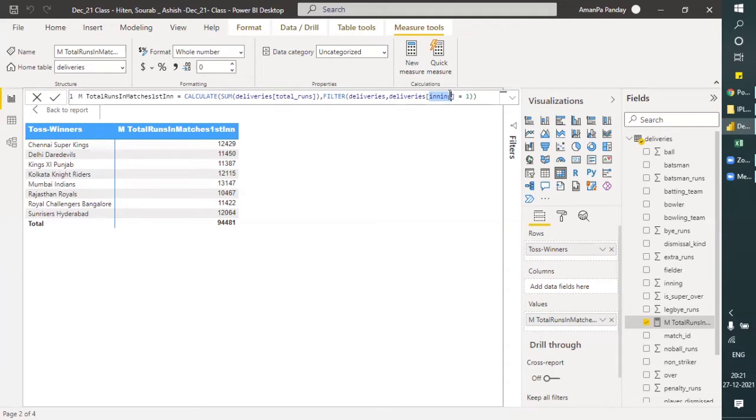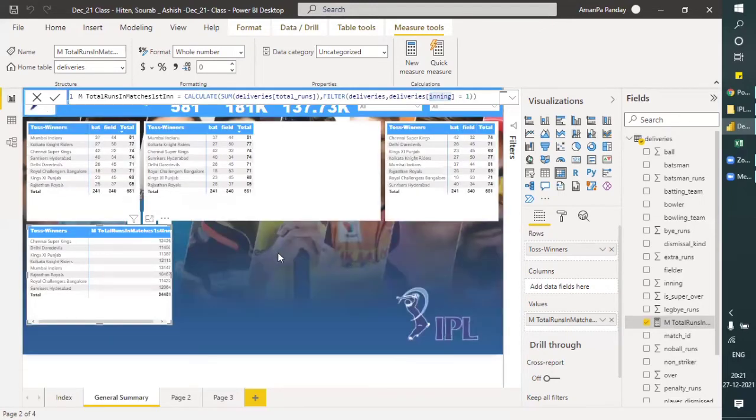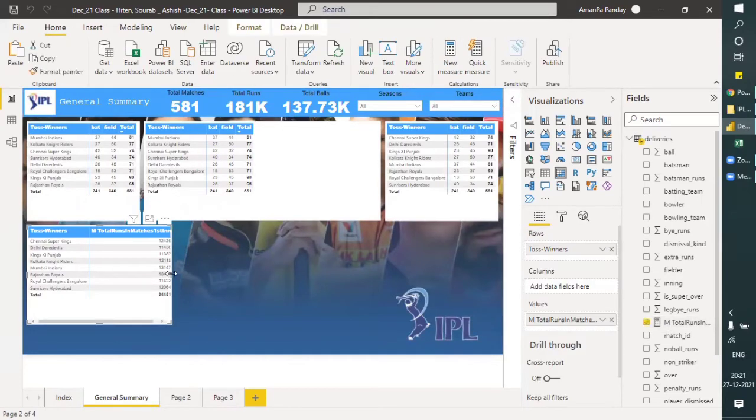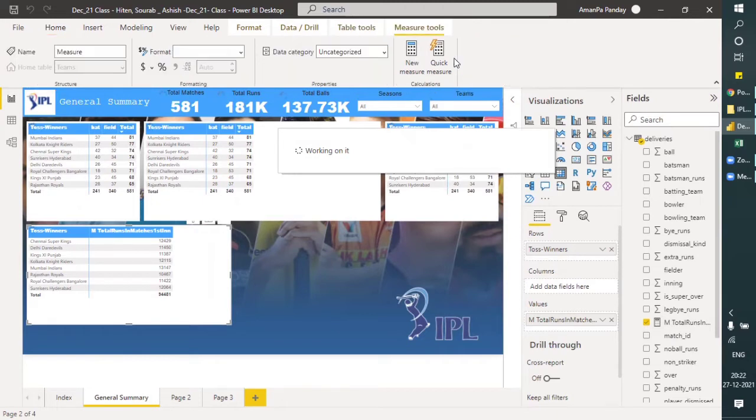So I will exit this, go back, and click on new measure.